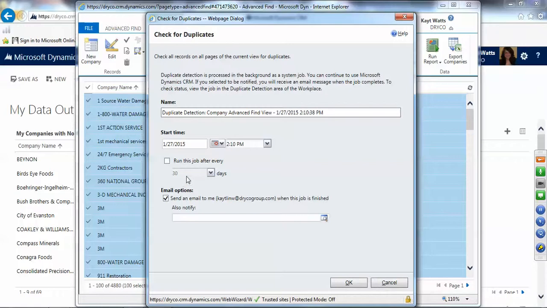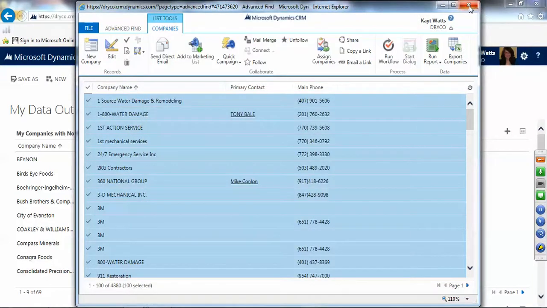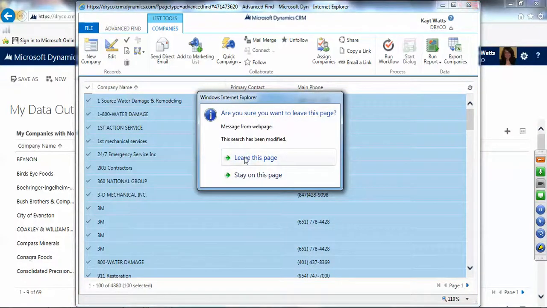Run this every 30 days or whatever, but even so, you don't want it to necessarily do it on its own, because then you're not going to be able to keep up with the reports either. I guess you could just use the most up-to-date one or the one that ran most recently, but I would just run it whenever you need to. And even if you were to type in your email here, it doesn't ever notify you when it's done, so it doesn't really matter, to be honest with you. But what you'll have to do is run the report, wait a little while, and then